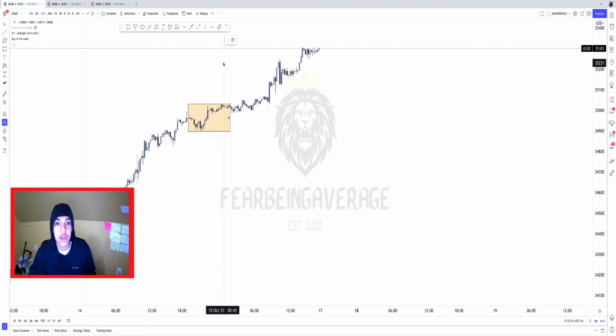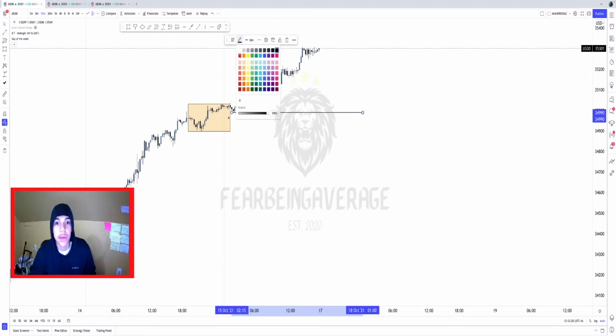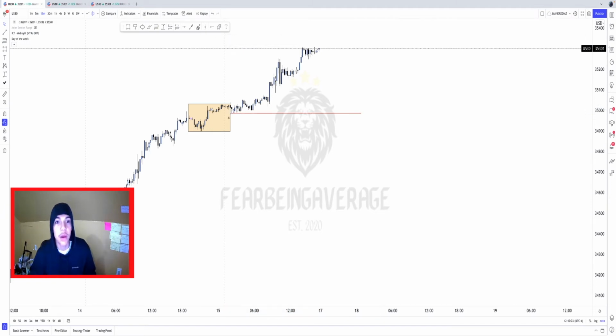And the previous day's low is everything from here to the right. So this is the very low of the day from that day. I'm going to make it red because this is an area that price is likely going to want to target. And we're also going to keep the previous day high in mind, which is all the way up here. These are areas that price is more than likely going to target based off of the daily time frame,